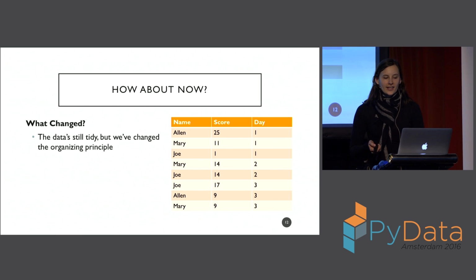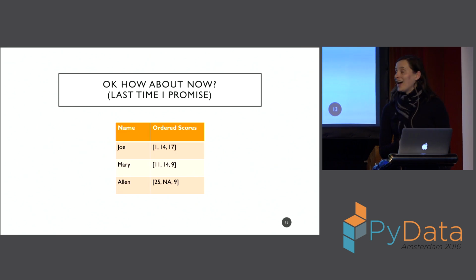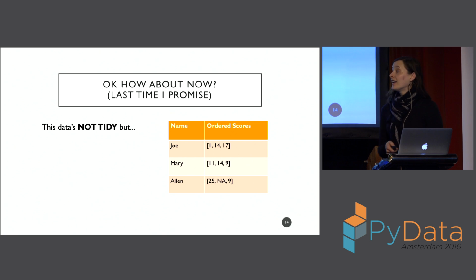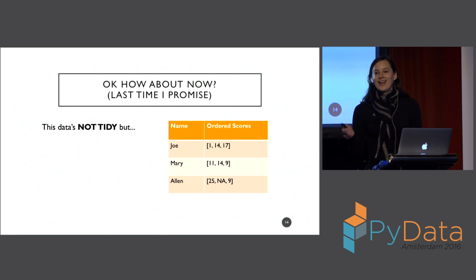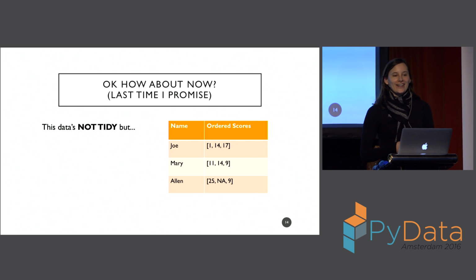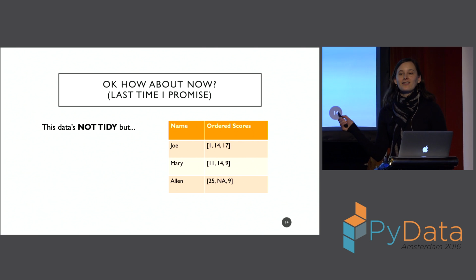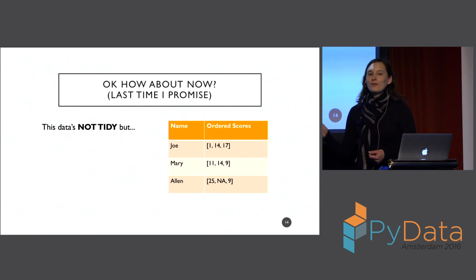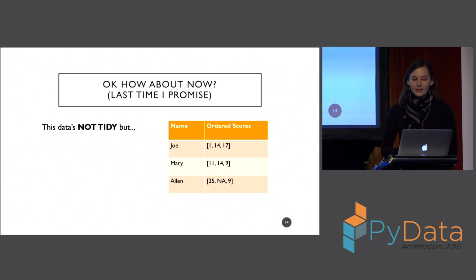But there's still a lot of things I can't see that I can see really well when I do this. So this data is not tidy, right? There might be people who are really mad right now. If you're really mad right now, you're probably not going to like most of what I do during this talk. And I've gotten yelled at by lots of people. You don't do this. This is terrible. This is dirty, dirty data. I don't like it. But I can eyeball it really easily, right?